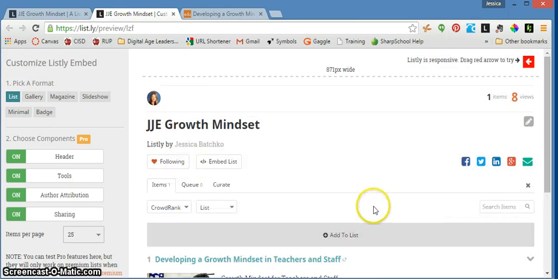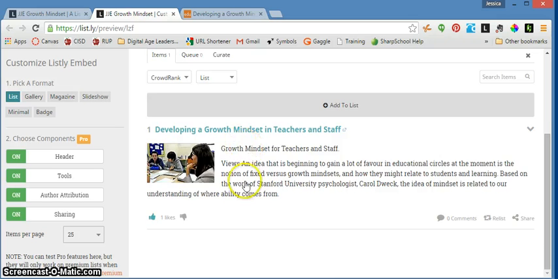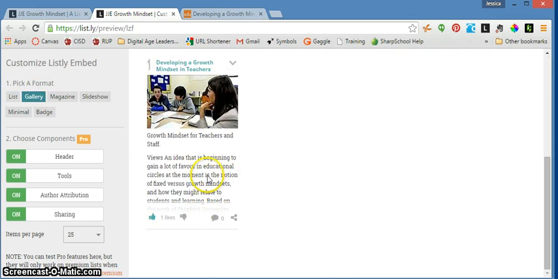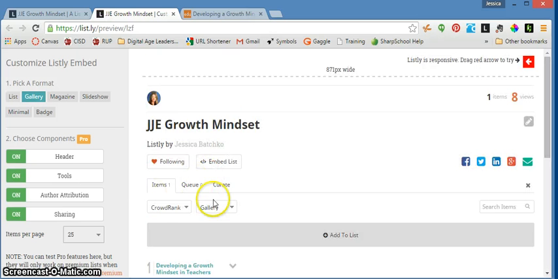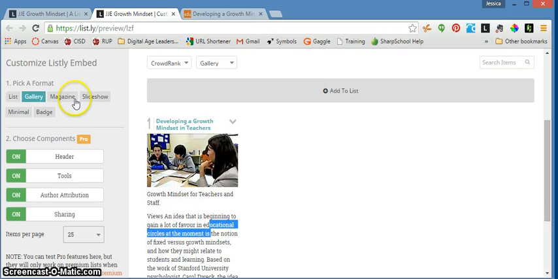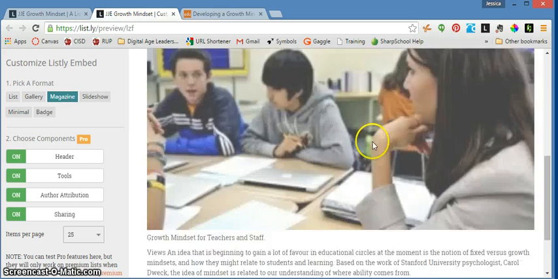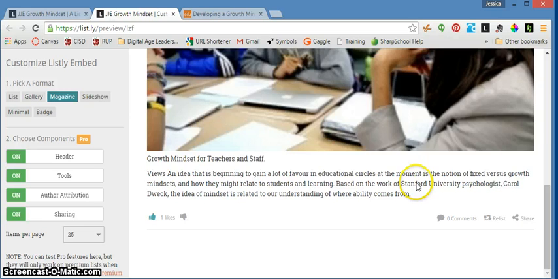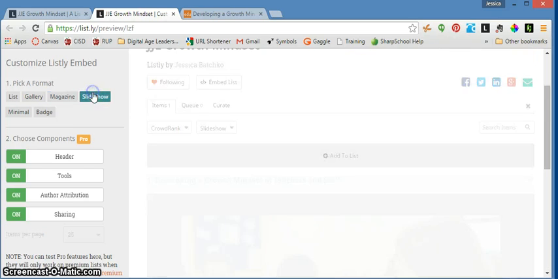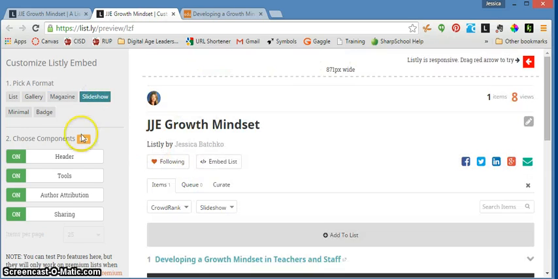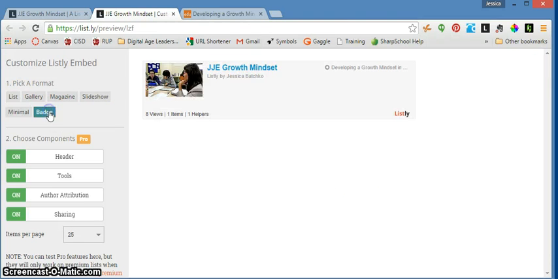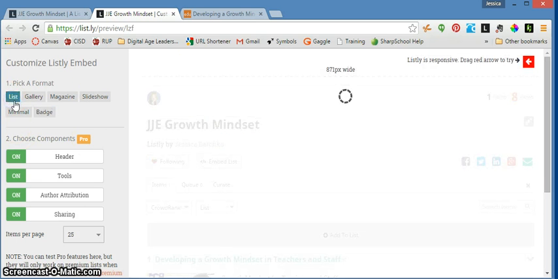So this right now is just a list. It has a little picture, it has your description, and that's it. If you select gallery, it's going to do a little photo with your picture, and then people can scroll through each individual article or component that you have. You can select magazine, which is a big photo, and then the description is nice and clear. You can select slideshow, where people can click through. You can do minimal, which is just going to be text, or you can do a badge, and a badge is just a teeny tiny image. I'm going to select